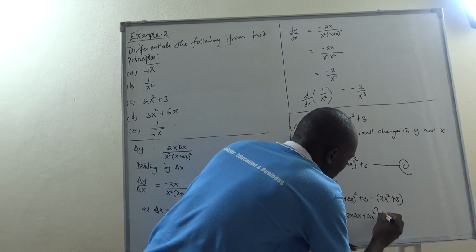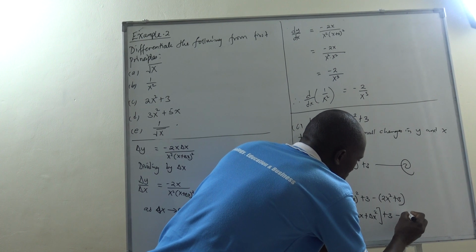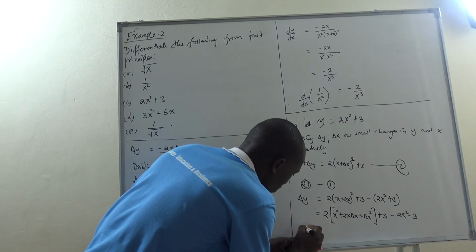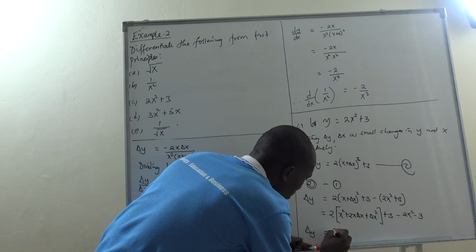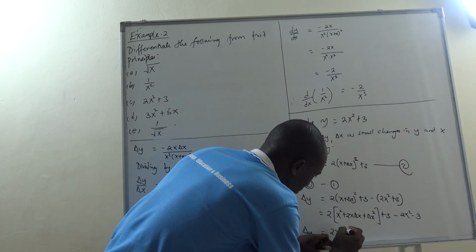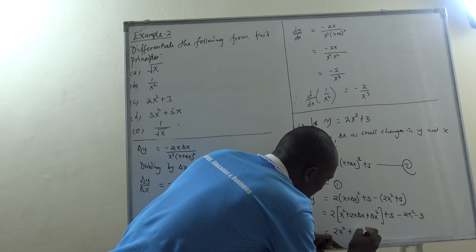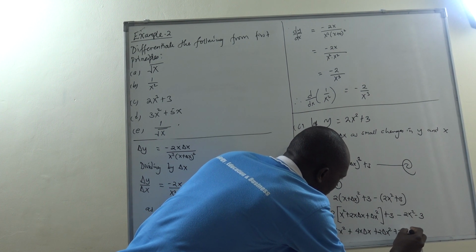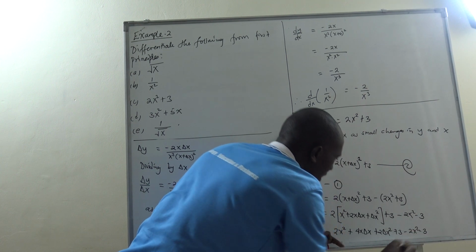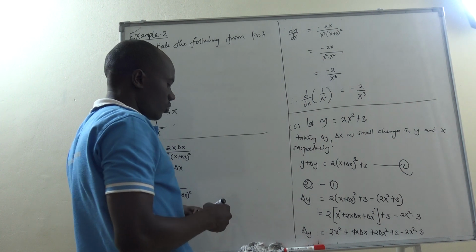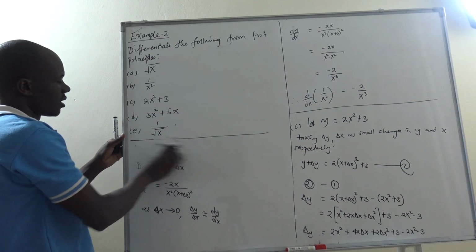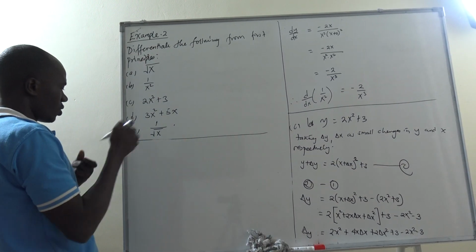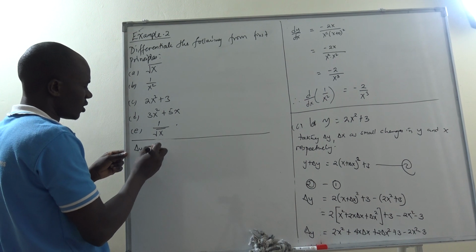Then outside is a plus 3, then minus 2x squared minus 3. So can we try to open up the brackets? We have delta y equals 2x squared plus 4x delta x plus 2 delta x squared plus 3 minus 2x squared minus 3. So what we're going to do, we are going to collect like terms and try to reduce as far as possible. So we are having delta y which is equal to